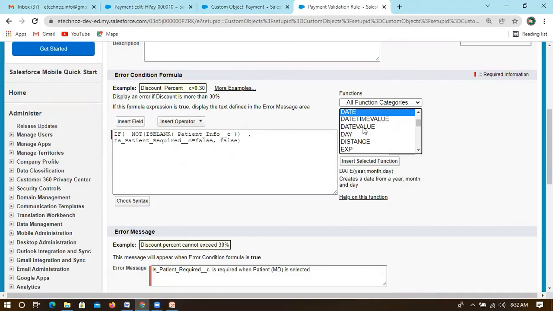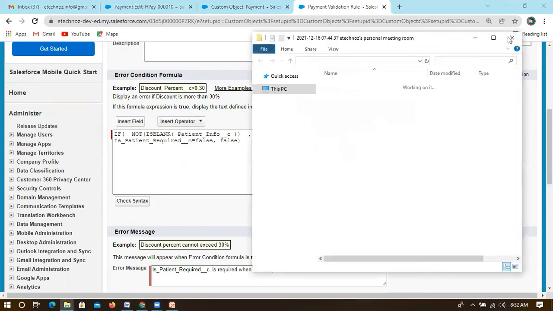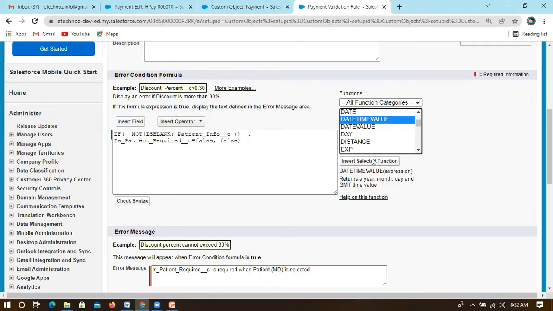So go to date time value, which returns a year, month, date. No, we want only date time. We have date, which converts, and date time value, which returns year, month, day, and GMT time value.